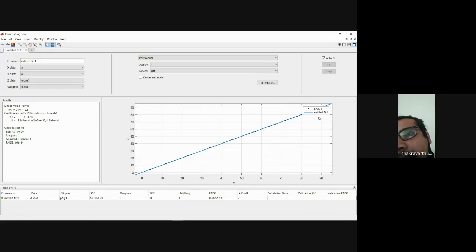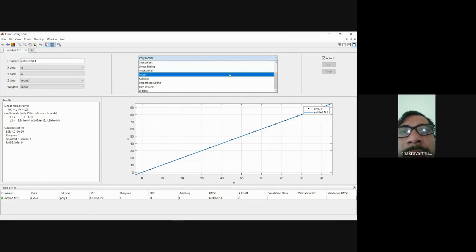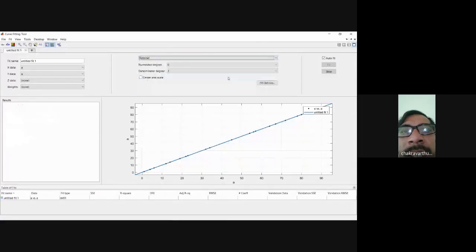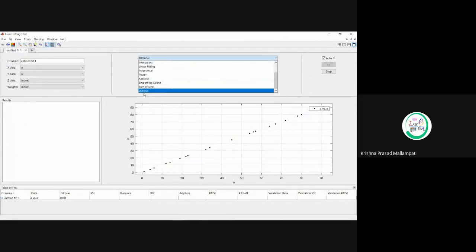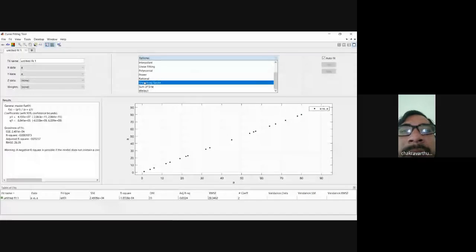All these things we have studied in probability and statistics, like deviations and correlation values. Standard error is nothing but deviations, and the RMSE value you also know already, right? Root mean square value. So all these values we get here from the data. If you want another plot, just select the other plot. Exponential is also there, I guess, right? See, sir.